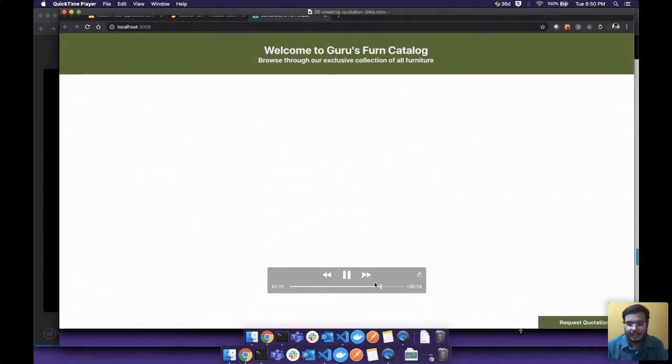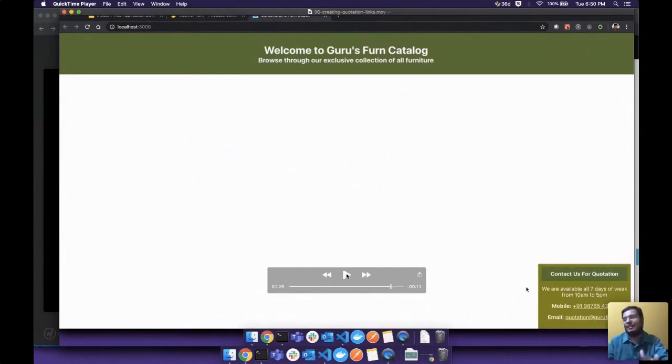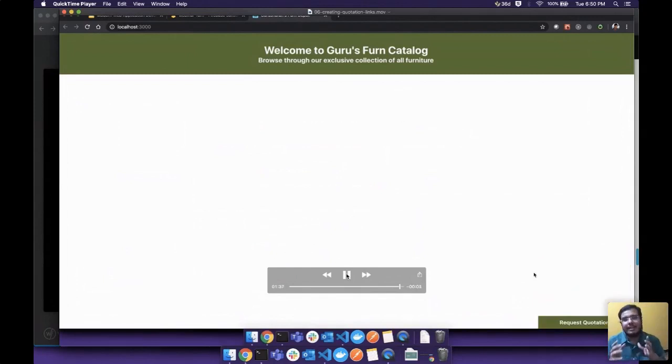On clicking it, it will actually expand to show me an expanded version, right? I know it's really not graphically great. The color choices might be a little not too mild, but then it serves the purpose for the demo, right? So I have an email link, I have a mobile link that I can use. So next we are going to create the last part of the first iteration, which is the gallery, right? So trust me, this first iteration takes a little long time, but the future iterations are going to be really fast, right? So that is why we go in an iterative model, right?